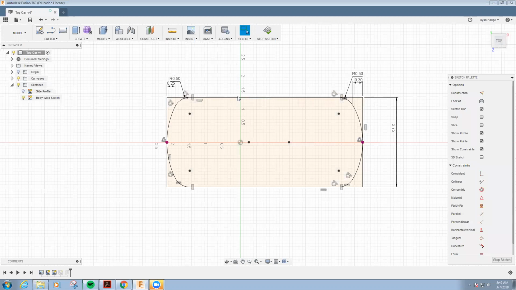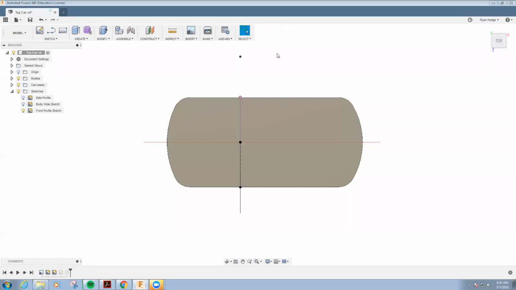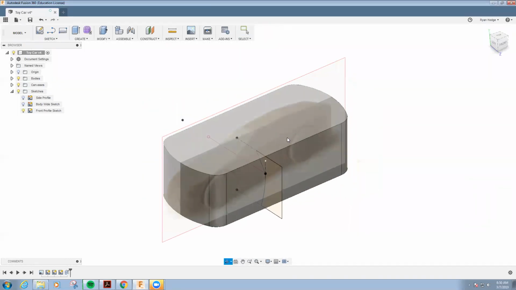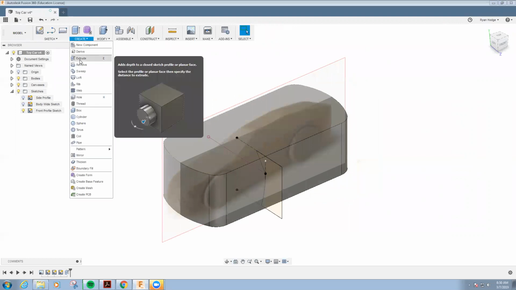So I'll cancel that. I'm going to go back into the body wide sketch. And to make sure I get a continuous profile path, I'm going to make these paths constructions. And now I'm going to connect with a line, L on the keyboard, these curve parts so that I have a continuous path. My profile turned tan colored, so now I know it's all linked. I'll stop that sketch. I'll come back, go back to sweep,